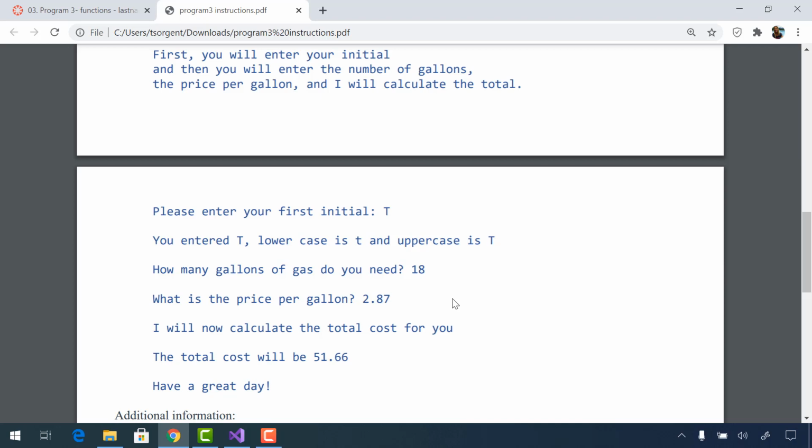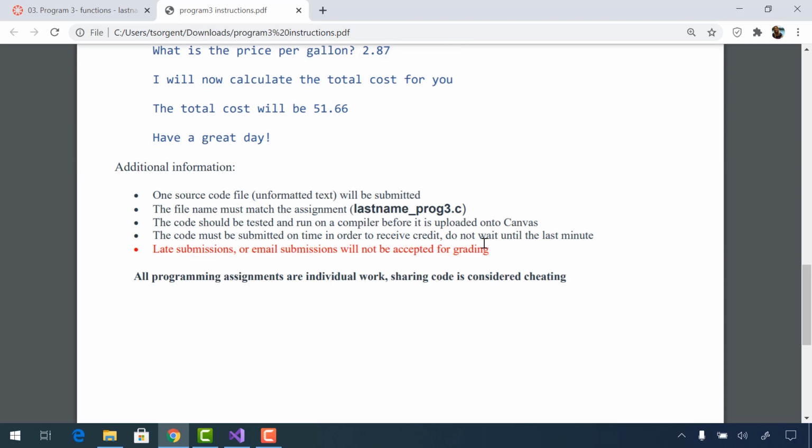You need to declare the variable for the gallons of gas, ask for the gallons of gas, get the gallons of gas, ask for the price, get the price, then do the calculation, then print the total. So some more information. Your code should be called last name, that means your last name,